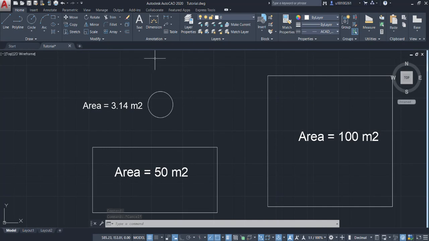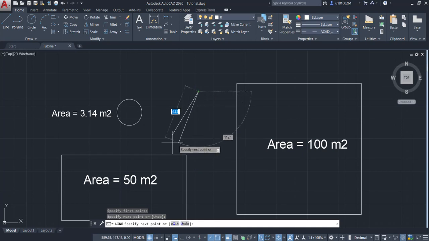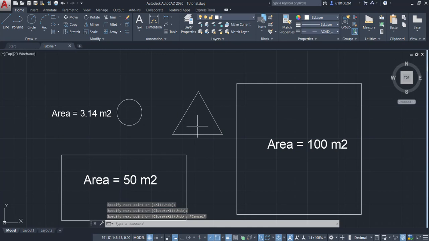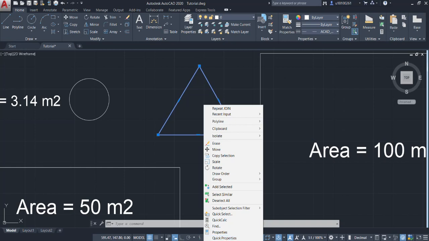You can even add more areas. So let's say I'm going to add another object. Let's say I'm going to draw a triangle, like this. So I want to specify the same base. This is a triangle, but as you can see now, it is separate lines, so you can join them together. Just join them. And now if you want to check the area of this triangle, because I don't know the dimensions, I just drew a random triangle,